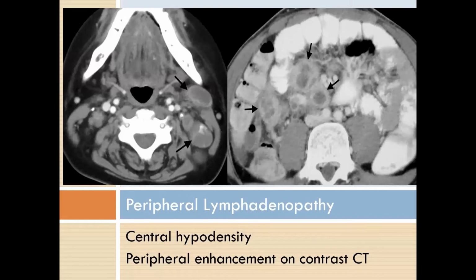And then adenopathy being very important. We do see it in the hilar area and in the other parts of the chest, but we also see it in peripheral lymph nodes, most commonly in the cervical lymph nodes, as you can see here. And this same patient had abdominal pain, so a CT imaging showed these lymph nodes in the abdomen as well. TB classically has this ring enhancement with a hypodense center, which you can see on both of these images if you get contrast imaging.